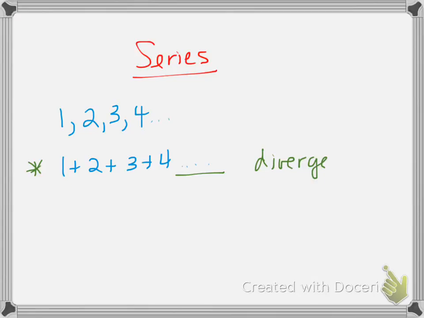For example, if I add the first two terms, I get 2. If I add the first three terms, I get 5. If I add the next 4 terms, I get 9. And these sums just keep getting bigger and bigger and bigger. Okay? Now, if I had a different series, for example,